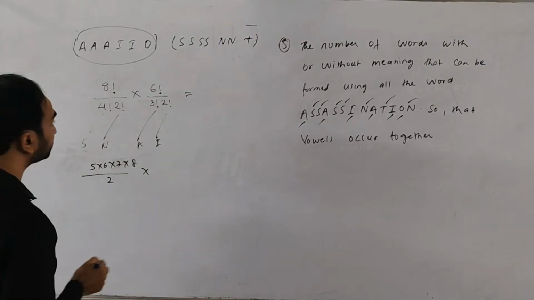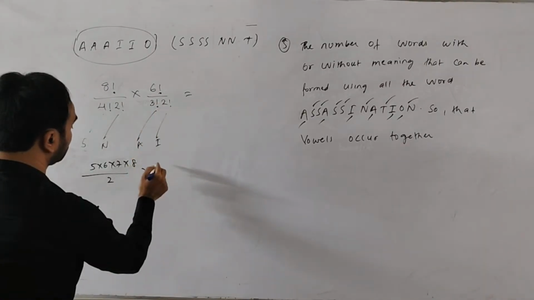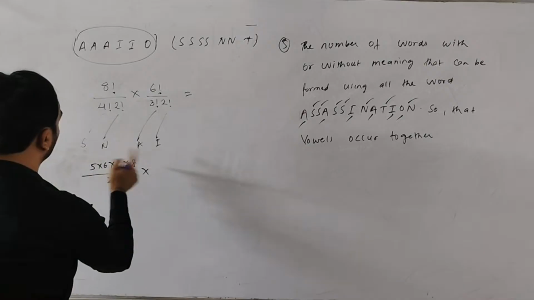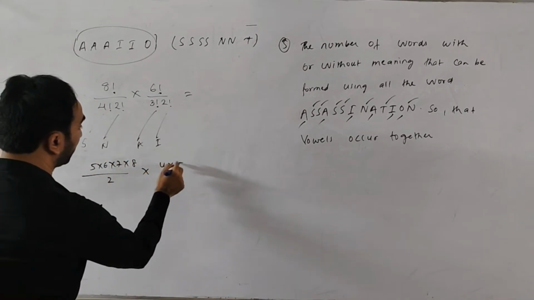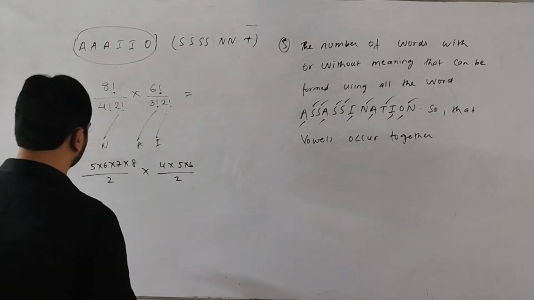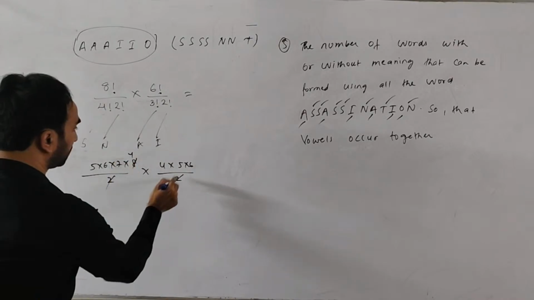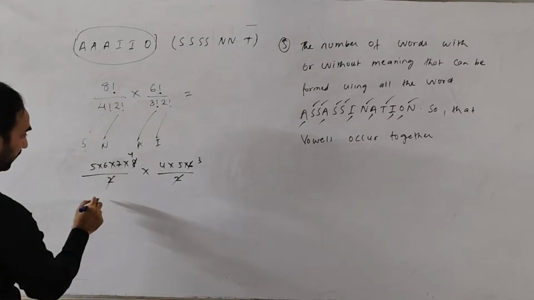Here 3 factorial is nothing but 6, so 5, 6, 7, 8 over 3 factorial, so 4, 5, 6 and 2. 8, 30, 120,